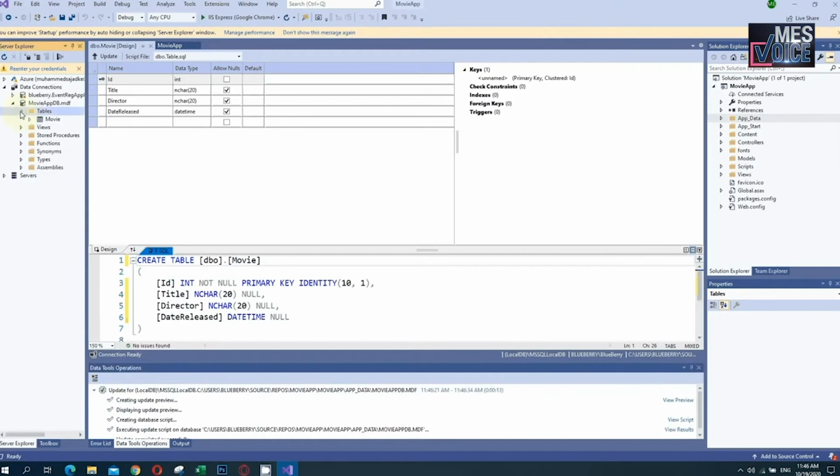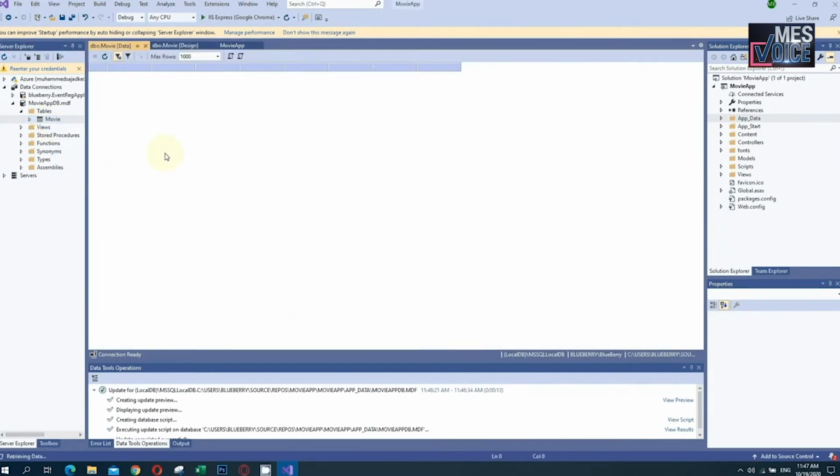When we check this, yes, the Movie table is available here. The table name is Movie. When we double click on that, we can see the table again. No data is available in Movie yet.